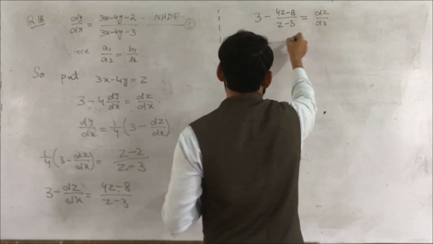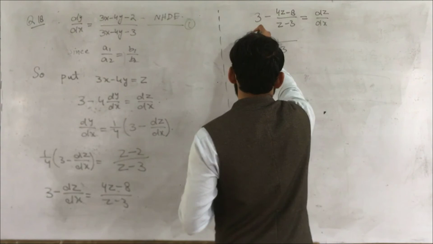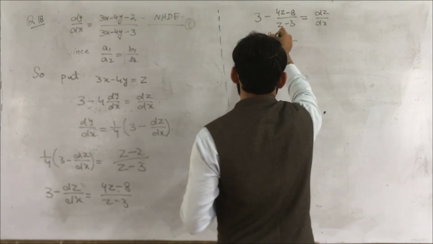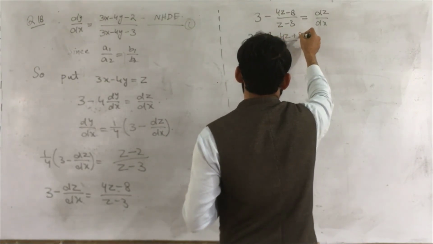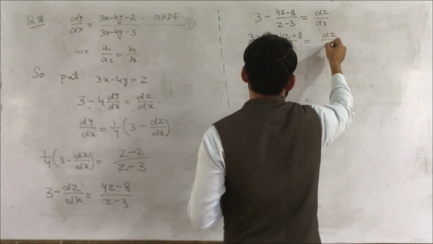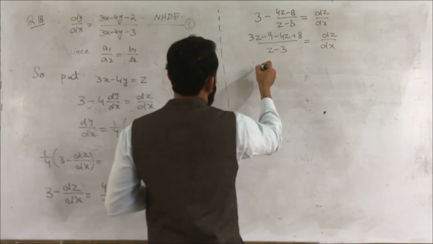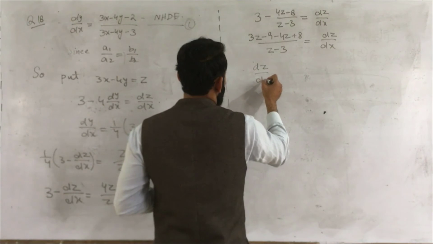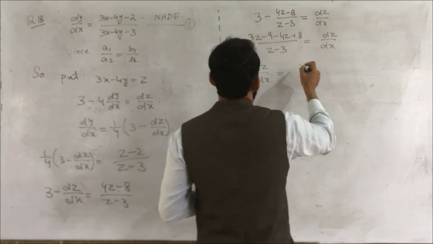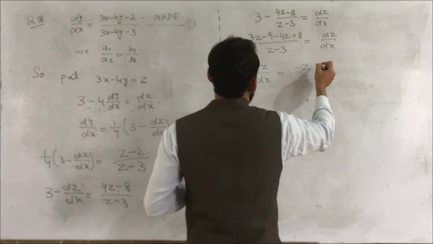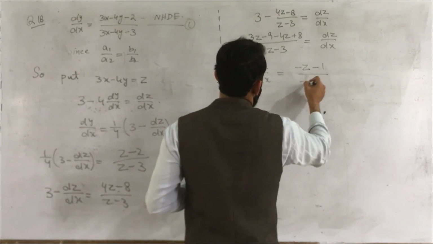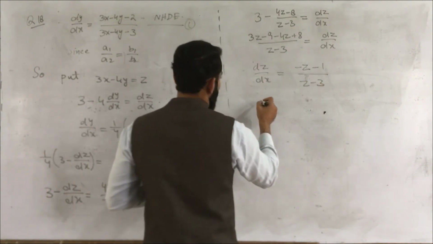Taking the LCM, z minus 3, we get 3z minus 9 minus 4z plus 8 is equal to dz over dx, which can be written as dz over dx is equal to minus (z plus 1) divided by (z minus 3). Now separating variables,